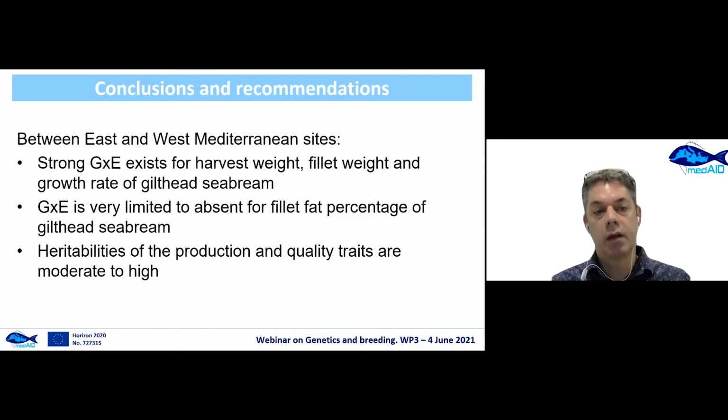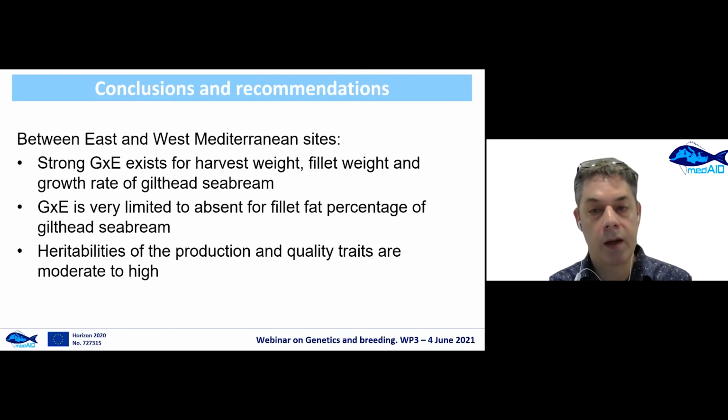Okay, so the first set of conclusions is that between the Eastern and the Western Mediterranean sites, so selected for colder, warmer and less warm temperatures. Of course, there are other differences between sites that contribute, but the experiment is designed to specifically target the temperature. And we see strong G by E for these production traits, harvest weight, fillet weight, and growth rate in gilthead seabream. So the conclusions are specific to the species, of course, that is tested. We see very limited, or maybe no, given the standard error, genotype by environment interaction for fillet fat